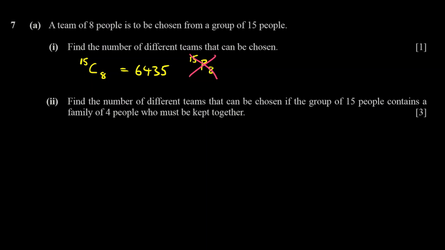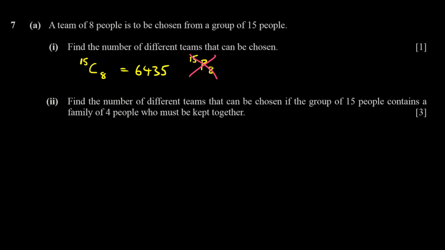6435. Just a note, by the way, the mark scheme says that you must give the numerical answer here. You are not allowed to leave it as 15C8. You will not get your mark. Okay. Question 2, we want to find the number of different teams that can be chosen if the group of